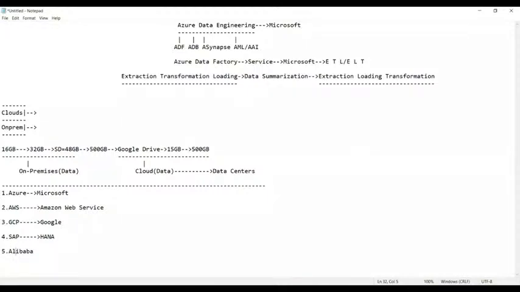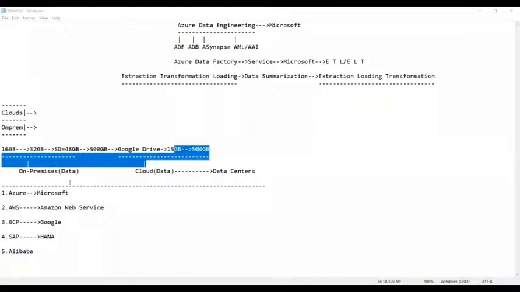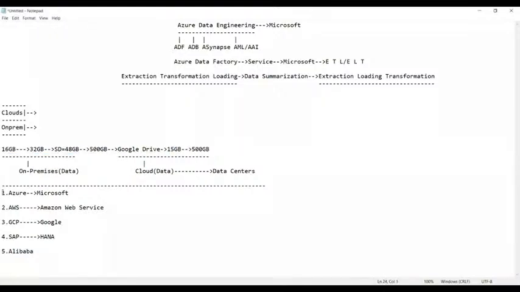Now, we have many mobile phones available in the market, but who is called the market leader in mobile phones? iPhone, Apple is the market leader. Who is the second market leader even today? Samsung. Because of some good features and good software they are using. In the same way, we have many cloud providers in the market, but the market leaders are these three only.